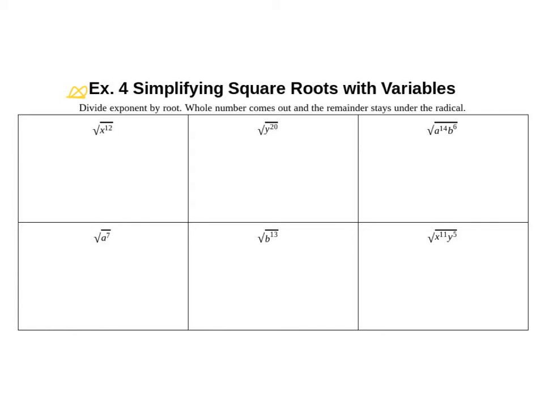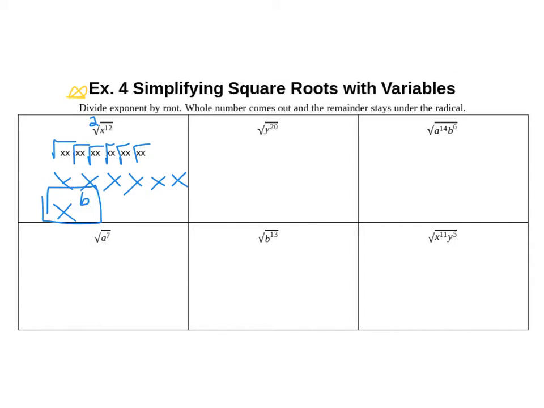The first example, the square root of x to the 12th. So if we take a minute to list out all of those x's, we will see that there is 12 of them. Now remember, square roots are looking for pairs of 2. So if we break this up into pairs of 2, what do we have here? We have 1, 2, 3, 4, 5, and 6 different pairs that could all be simplified into just an x. And again, we don't want to leave all those x's out there, so really all we're doing is saying, all right, x to the 12th divided by that 2, which is that root number, leaving us with x to the